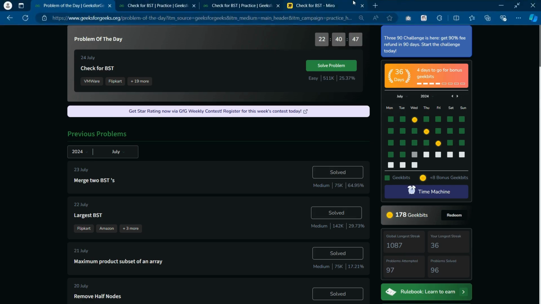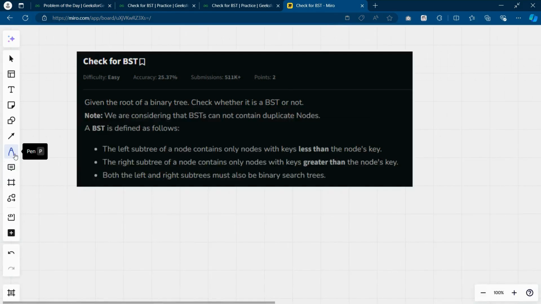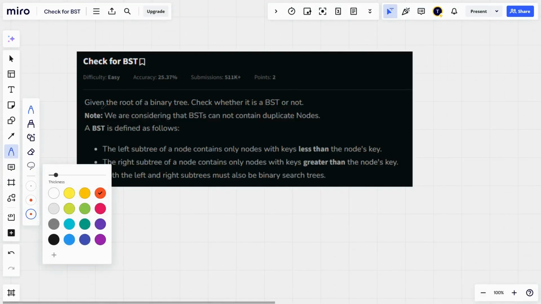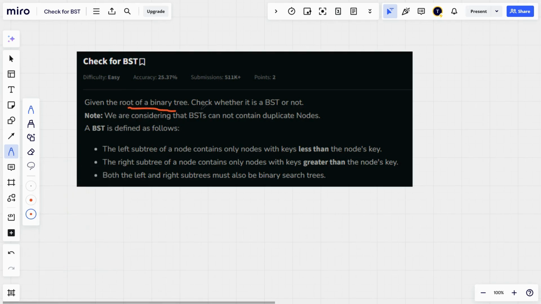Now go to the problem statement. In the problem statement, you are given the root of a binary tree and you have to check whether it is a BST or not. Okay, binary tree and BST are different. A binary tree has a root node, a left node and a right node.